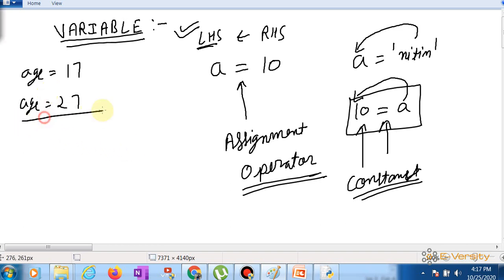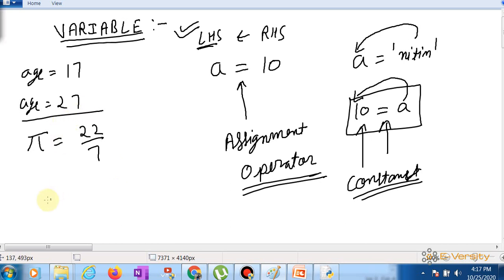But there are values which we are not able to change, right? So suppose I am talking about the value of pi. I know the value of pi is 22/7. We cannot change it, right? So that means it is a constant. Ten years ago, if anybody asked me the value of pi, I would say 22/7. After 10 years, after 40 years, anybody can ask me and the value of pi is still 22/7.